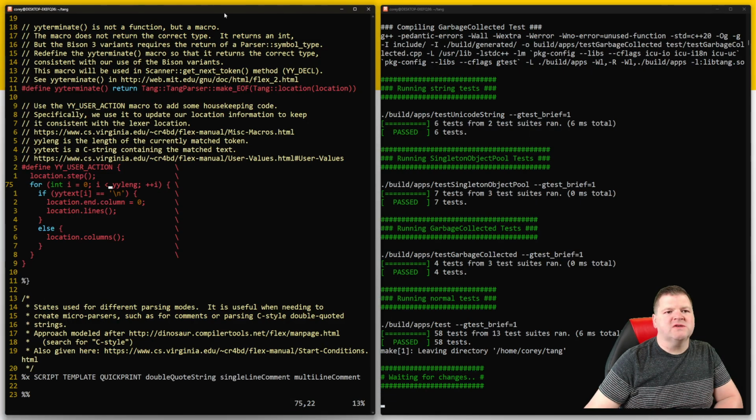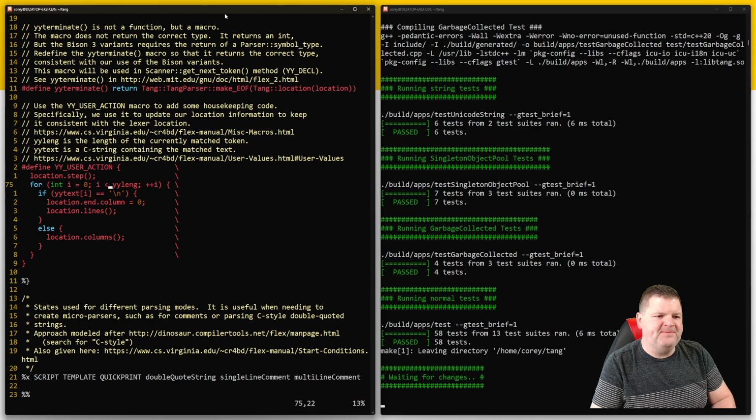So how this works is that YY user action gets called, or it's a macro that appears in place, and so we say, well, this is after we've recognized some thing, some token, and we do the location step, yeah, all of this stuff. Okay, that's fine. So location will always be the current